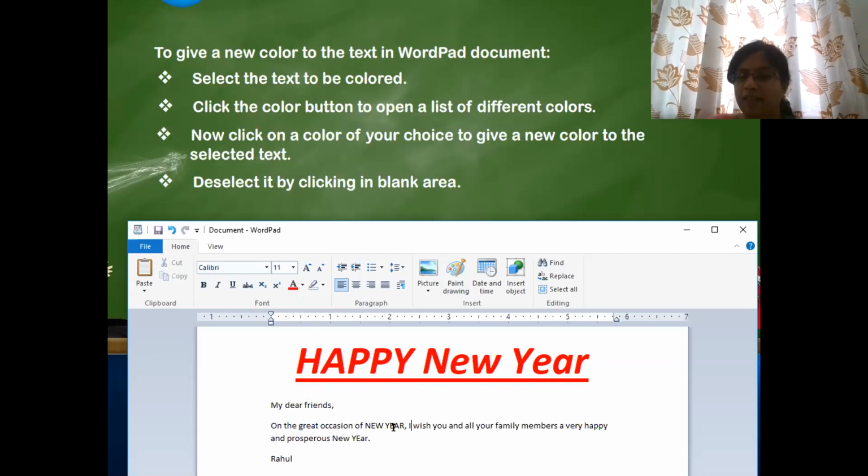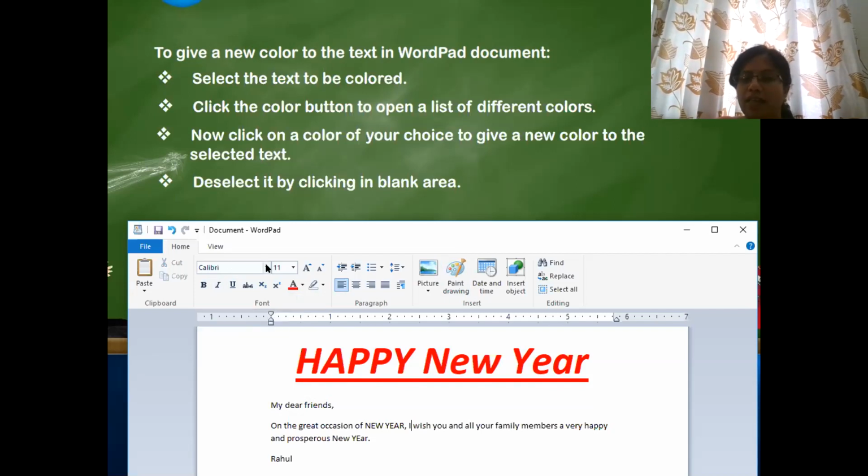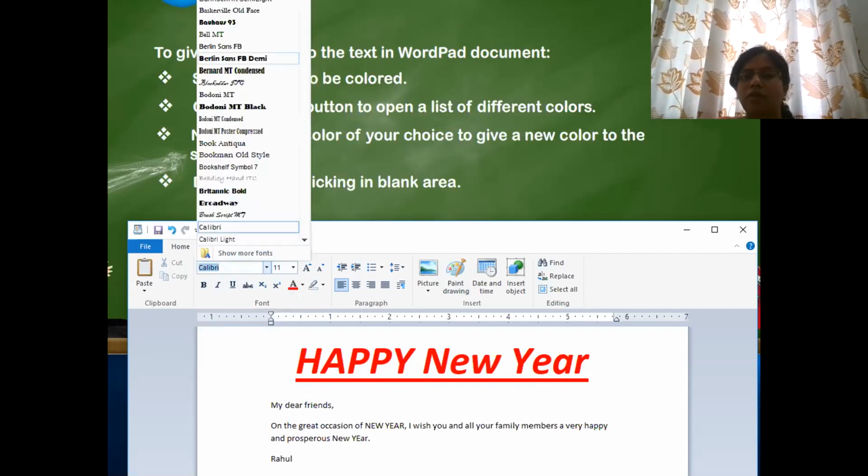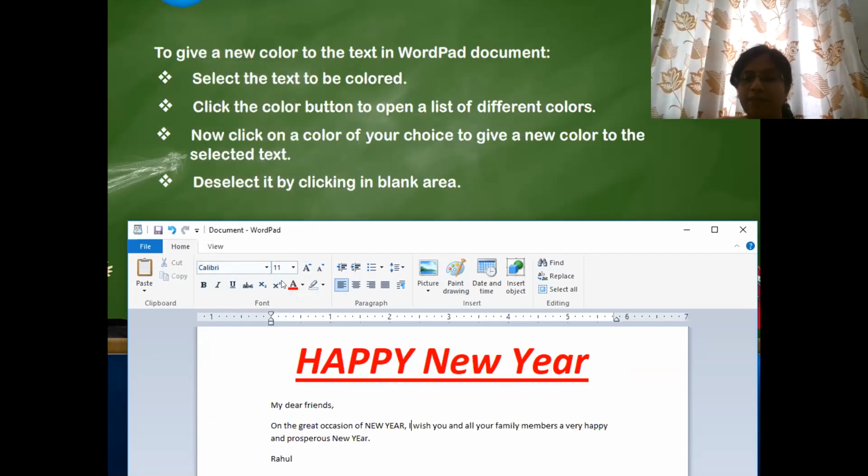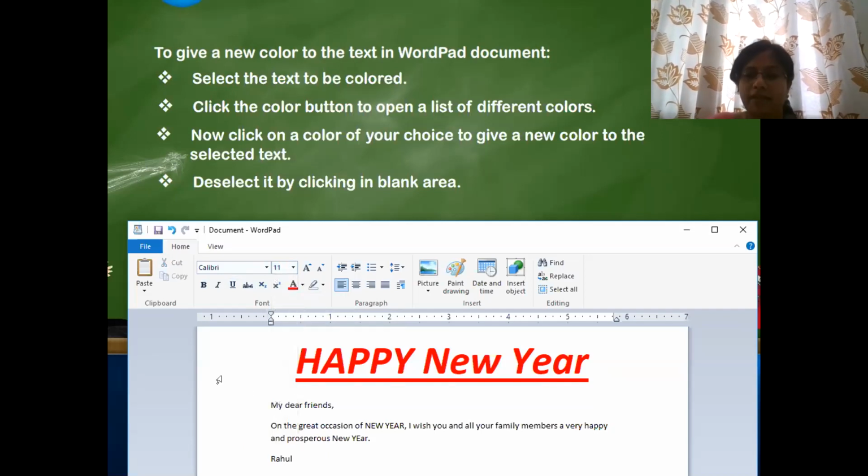And then type anything, whatever you want to. If you want to change the style of writing, go to font family, click the list below, and the list will open. From there, you can select any handwriting you want to write and any style of writing. Then if you want to change the size, beside that, we have again a number list. From there, click on the numbers, whichever increase your writing.